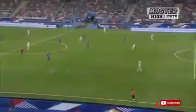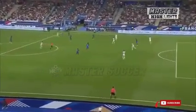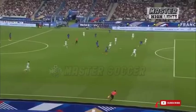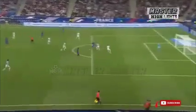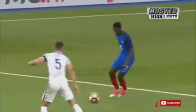Sets himself lovely, and Cahill thinks he's maybe going through his legs. Tries to maybe make the block. It's a terrible ball from the back players there of England. They then go chasing the ball. Spaces open up, and it's a good finish from Dembele. They never responded to the initial mistake, did they? You see Gary Cahill there, just going down with one knee, trying to...